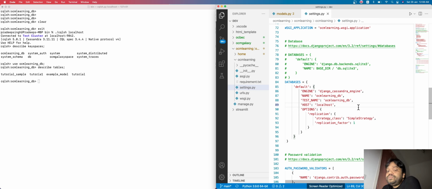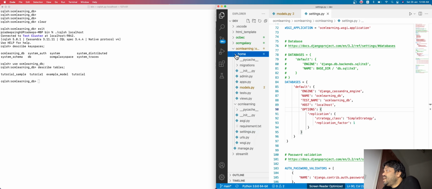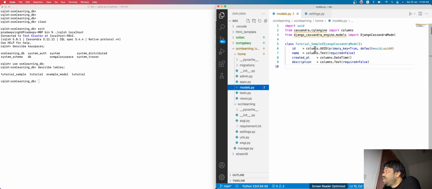So to create the tables, we have to execute the command sync Cassandra. Whenever you define a model under your Django application and you want to create the table under the Cassandra keyspace, under the Cassandra schema, we have to execute the command sync Cassandra. What I will do is straightforward. First I will define a schema. I've already created one nested application under this Django application, and for this one I have defined one schema here. Now I will just change the schema name to tutorial